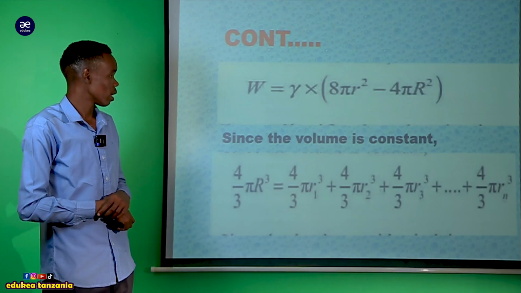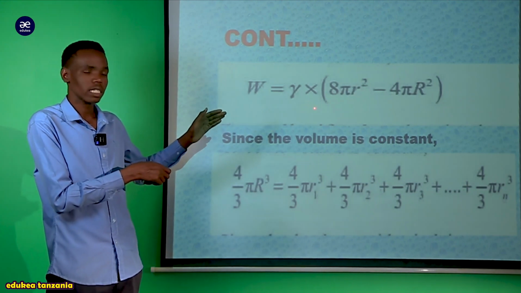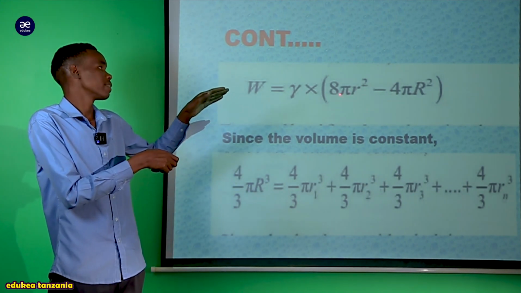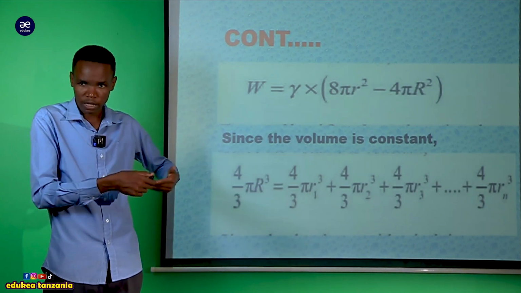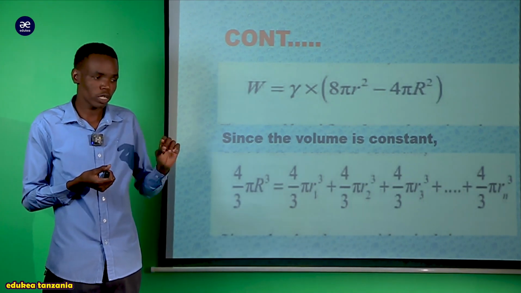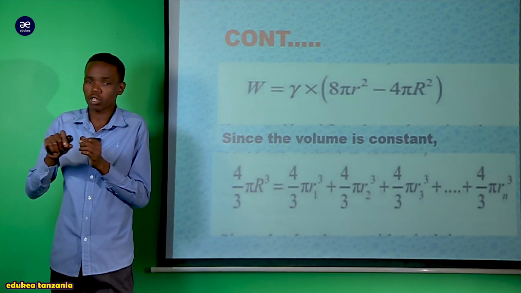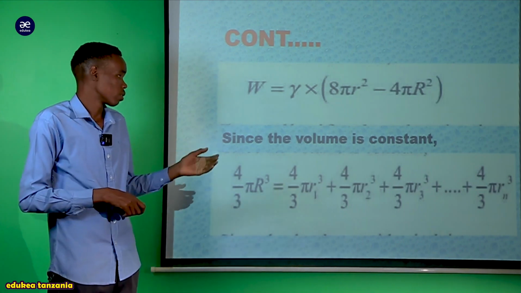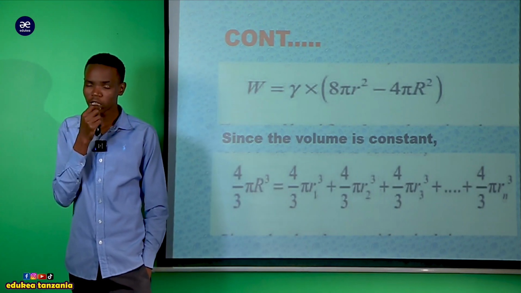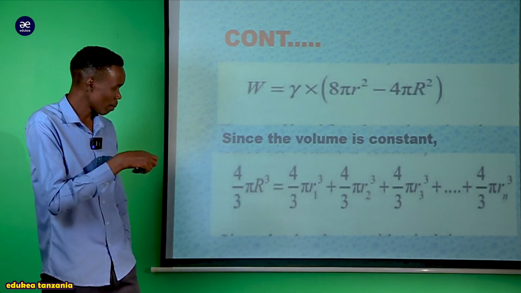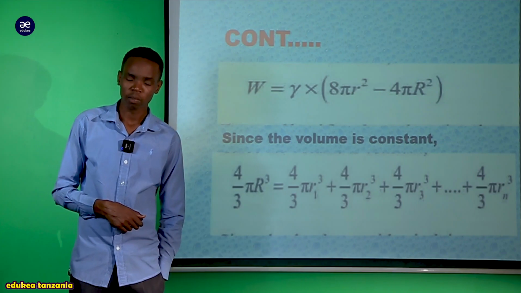So for that concept, because we have said that work done is equal to the surface energy, bracket 8 pi r square minus 4 pi r square, which expresses the difference between the single liquid droplet and the two identical liquid drops. Since the volume is constant, as we know that the volume remains constant when those are breaking down, sasa concept ambayo tutakuja kuitumia, tutasema kwamba